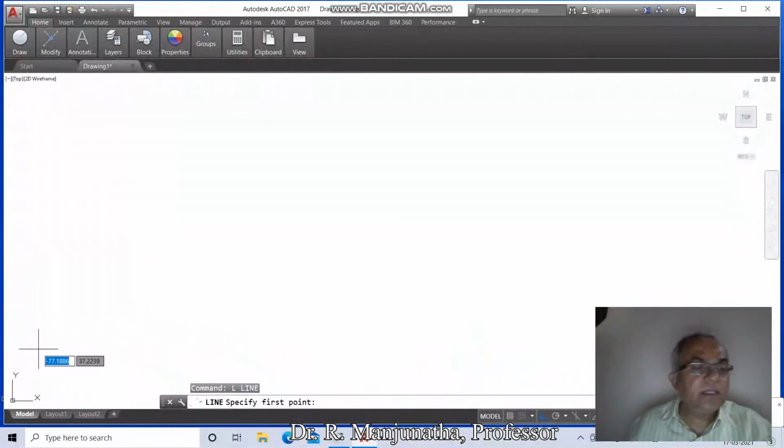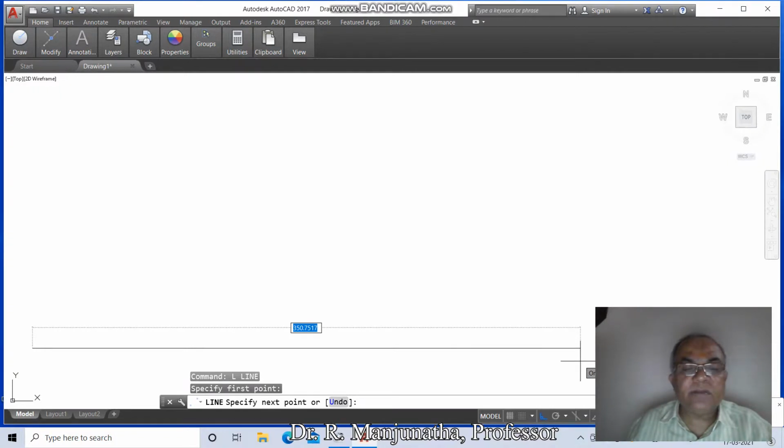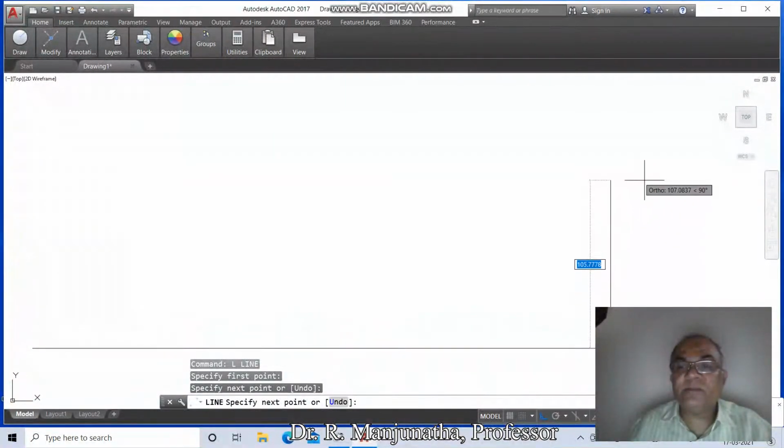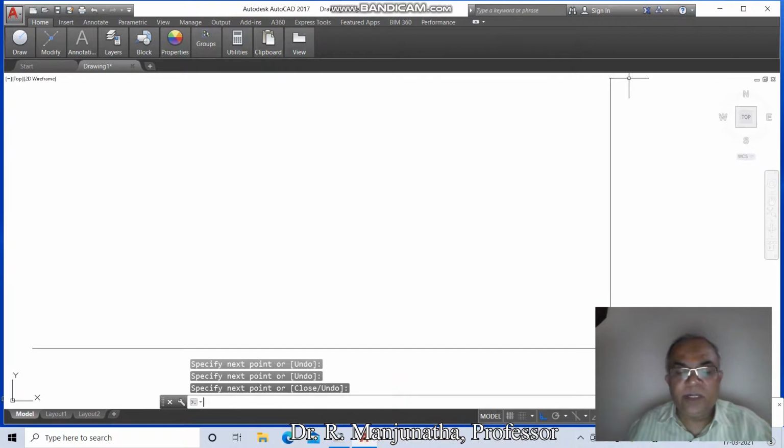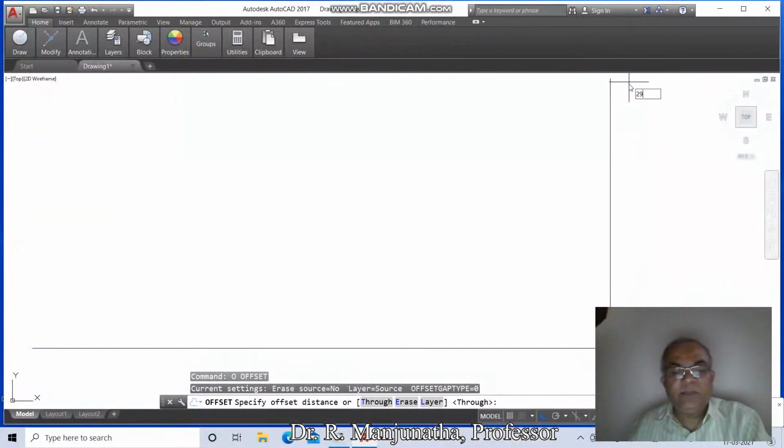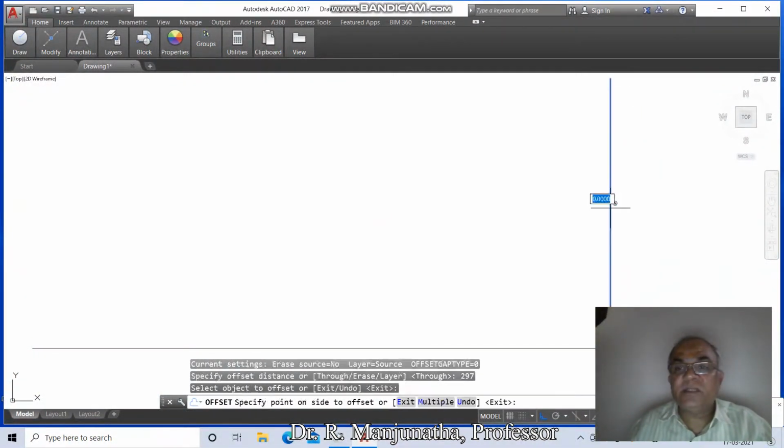Command is line. Specify the lower left corner of the sheet on the screen and click the first button of the mouse, drag the mouse towards the right side, take some distance and click. Take the cursor to the top side, take some distance and click, then enter. Then go to offset, type the dimension as 297, select this vertical line and